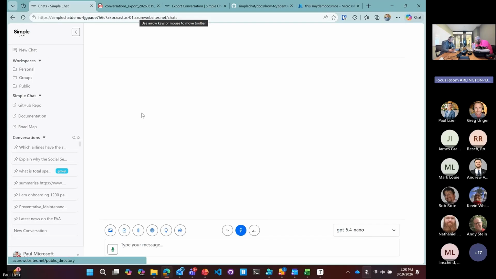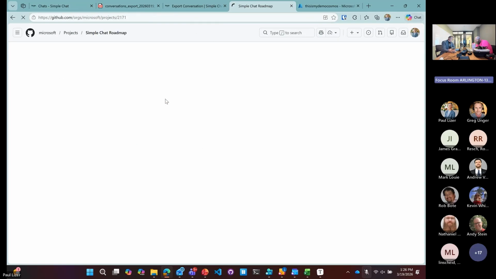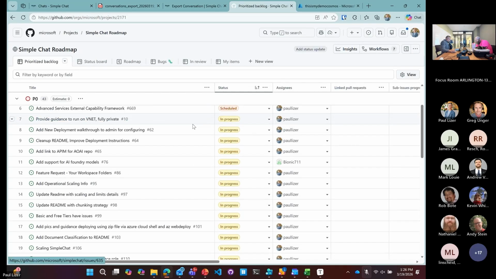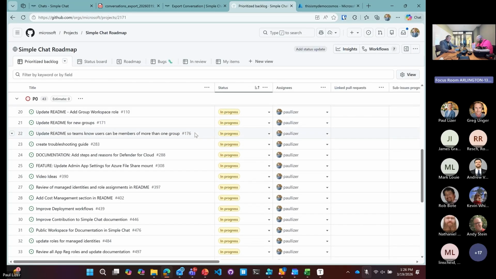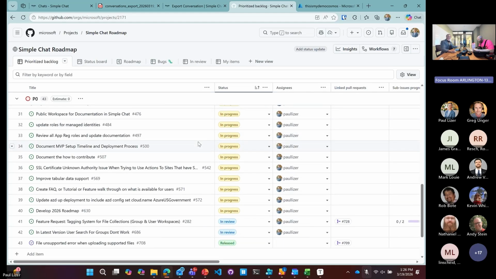right, so that's what we have coming out in the very next release. I'm going to go to the repo real quick and look at the project timeline, the roadmap. So we have a lot of stuff in here in progress. This is around documentation and videos. This is going to be a big push.